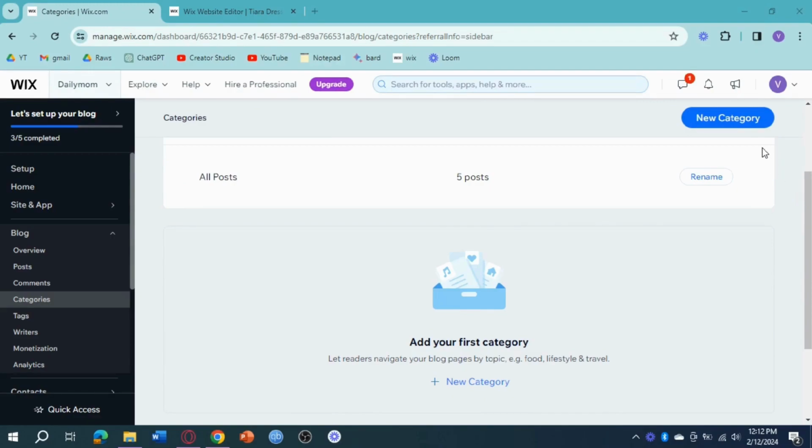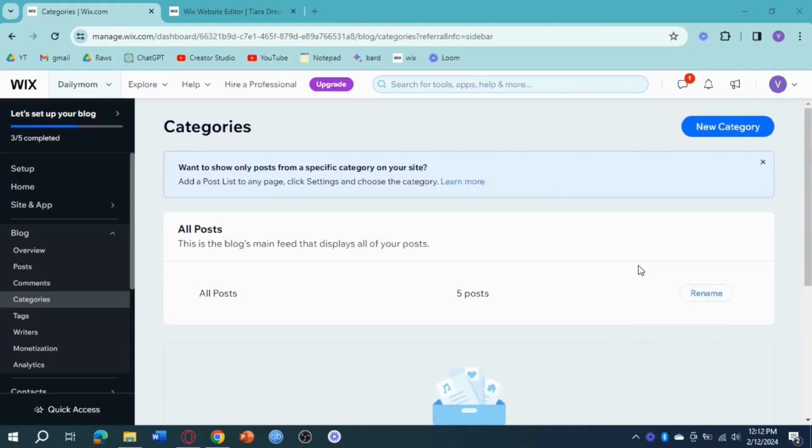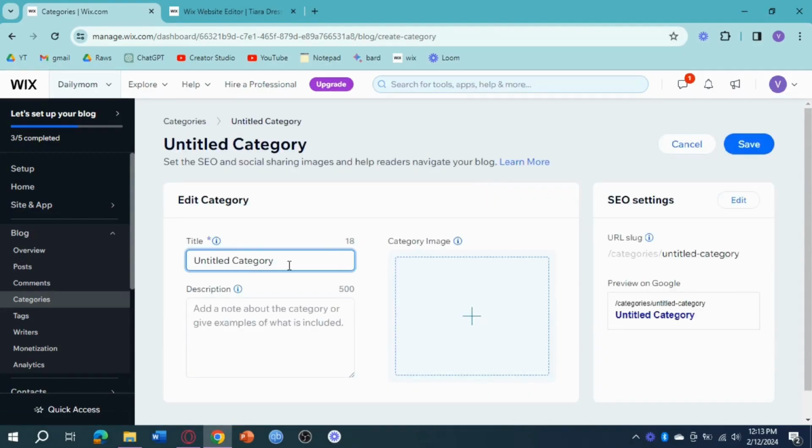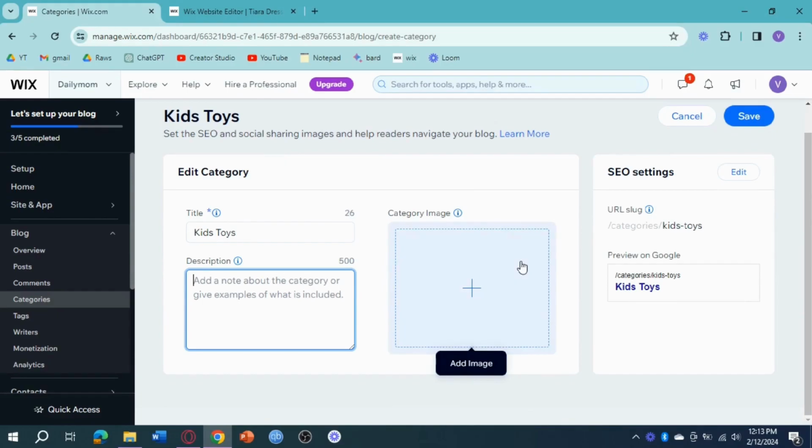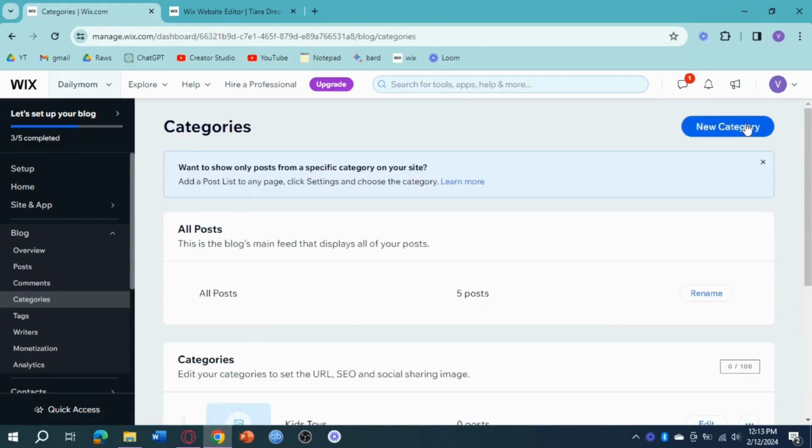So what we want to do is head over and rename this category. This category name is all posts. If you want to create a new category, just click on this view category right here and then just name it. So for example, we want to name it kids toys. Then you can add in a description as well as a category image. Now in here, in the blog URLs, it will be named as kids-toys right here. So once you click on save right here, you should be able to see that your category